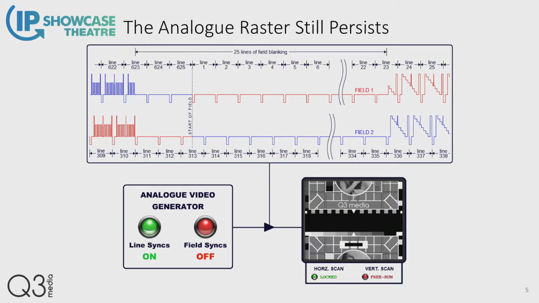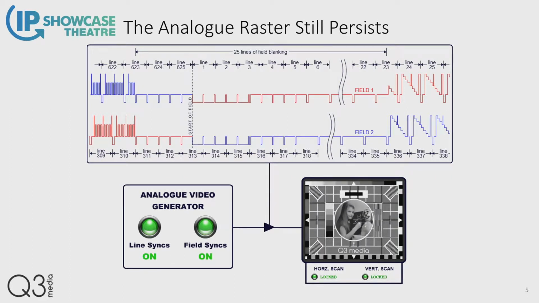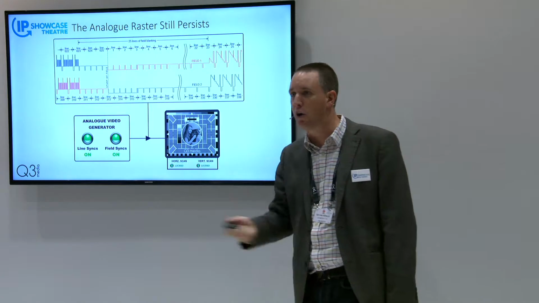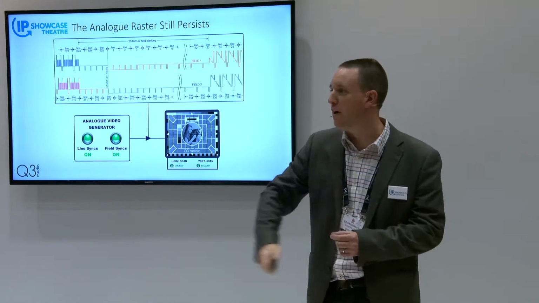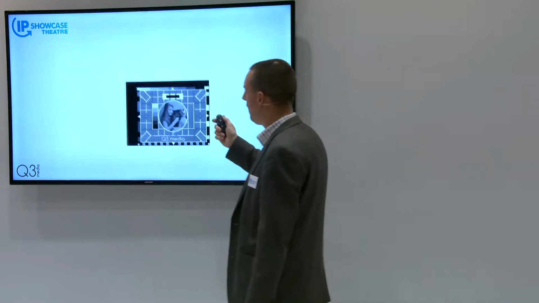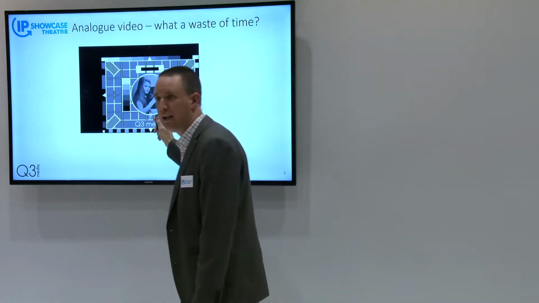We added line syncs and field syncs, or a much more complex combination of the two, to allow the television to work properly. But the important thing to understand is it took time for that analog circuitry to lock onto those and to then drive that electron beam back to the top. But this gives rise to the fact that if you look at what the video signal is spending its time